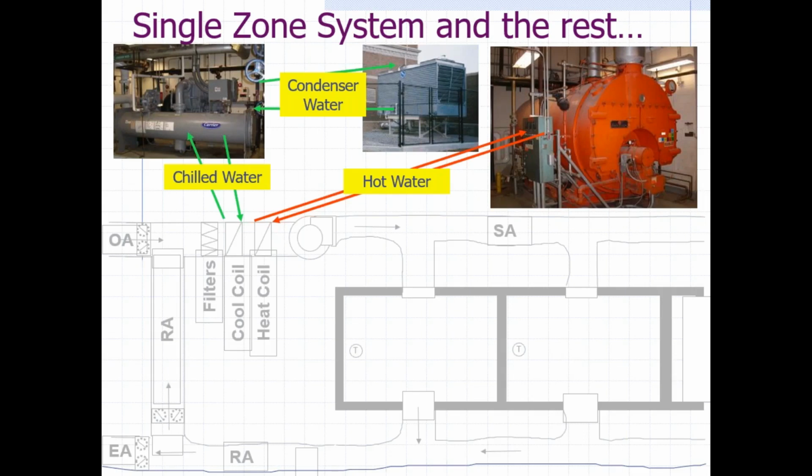Okay, the boiler is either going to make hot water or steam, and that is going to go into the heating coil. Okay, and that will heat the air up. So now the chiller again is using that refrigeration cycle, and remember there's heat that it has to reject. So instead of having that condenser coil, it rejects heat with condenser water, and so it sends hot water to the cooling tower, which has fans, and then the cooling tower will drip the water through this,